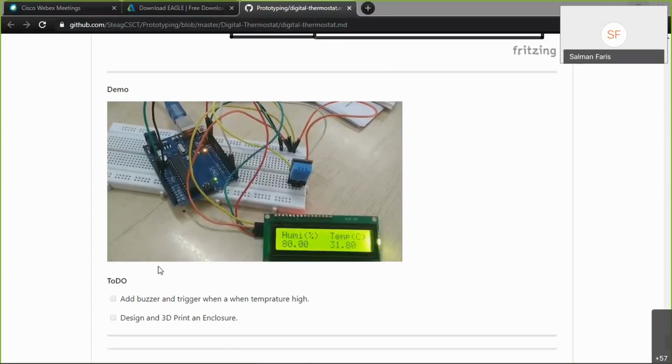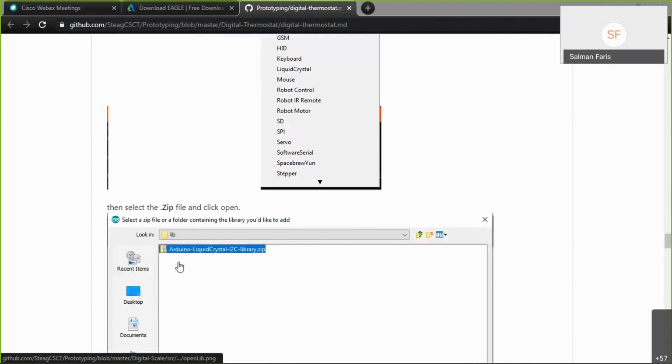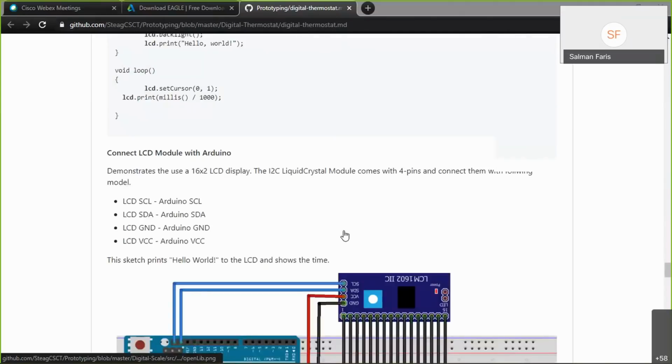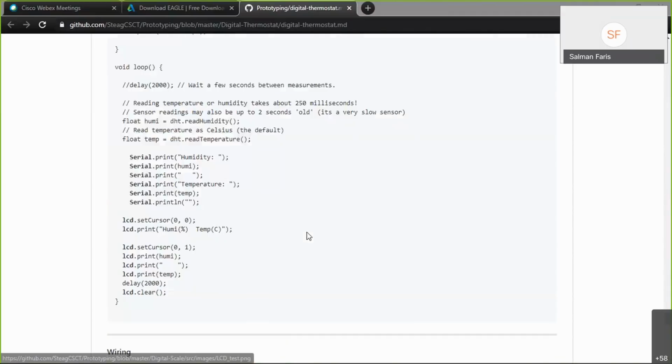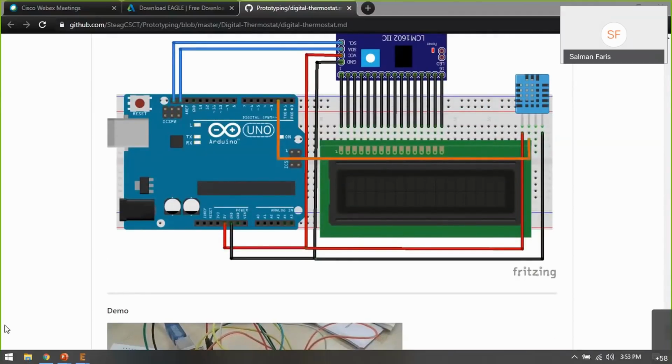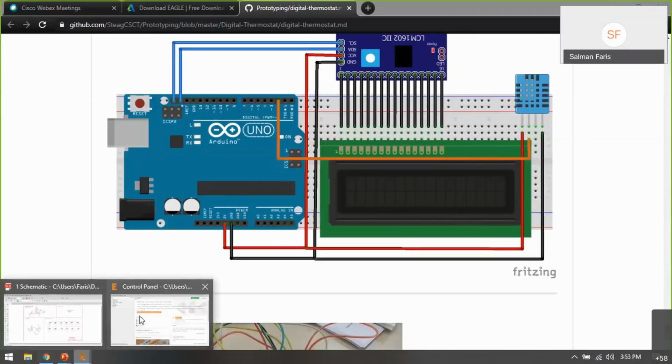Okay, so we are going to convert this to here. So you can see the connections here. This is actually the connections. I already know them because I made this documentation. Okay. So first, this is our